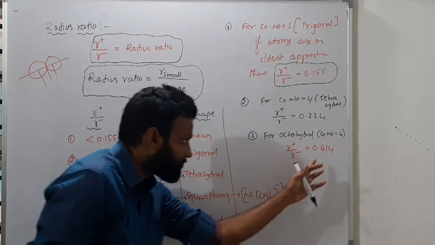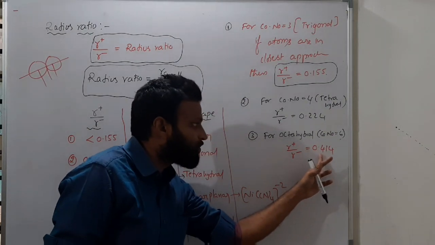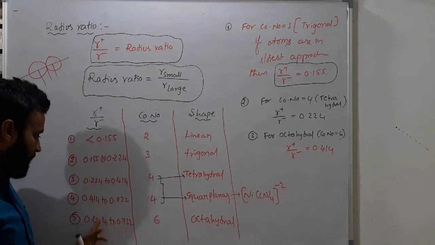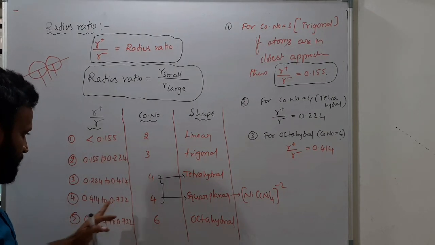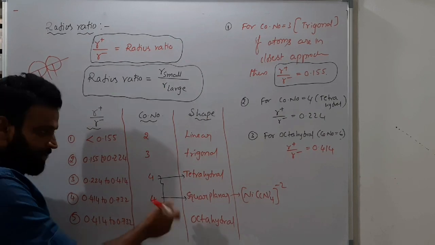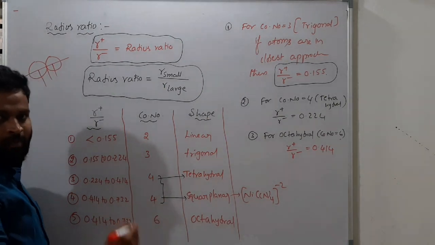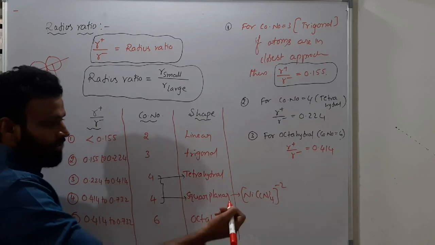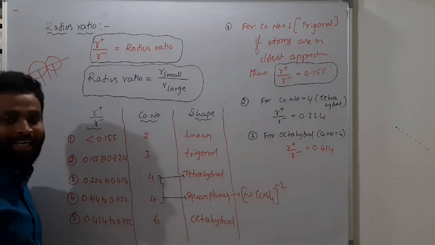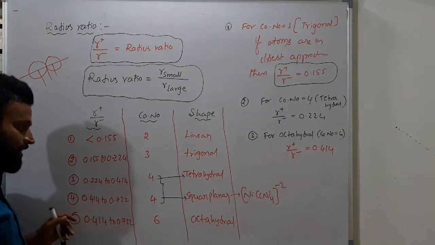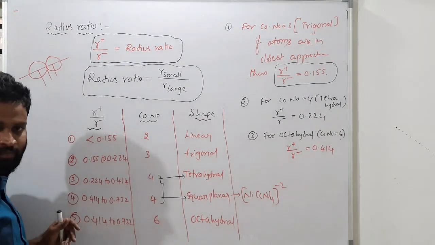These radius ratios you can calculate also. Why this 0.414, like that, that headache is unnecessary for us. So 0.414 to 0.732 you can have a square planar and you can have octahedral. Or in options both they will give you. Means in one option square planar, another option octahedral, and third option both A and B like that they can give you. Both exist like that. We cannot do anything for that.